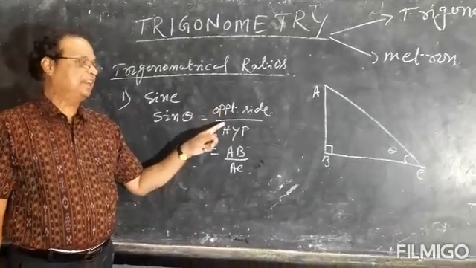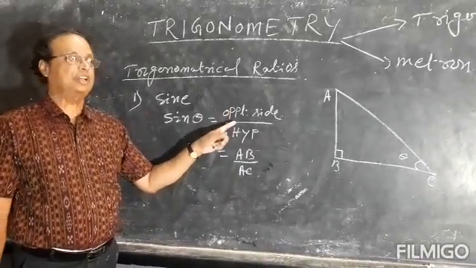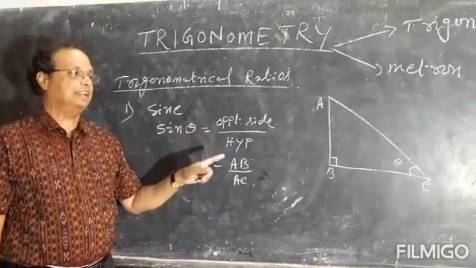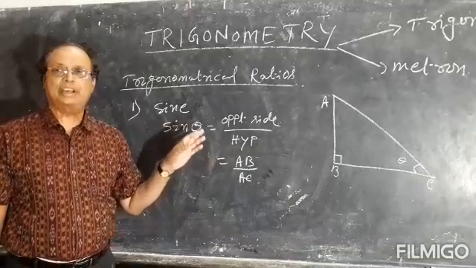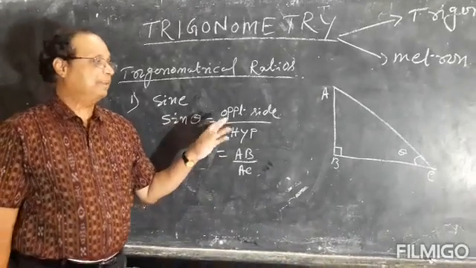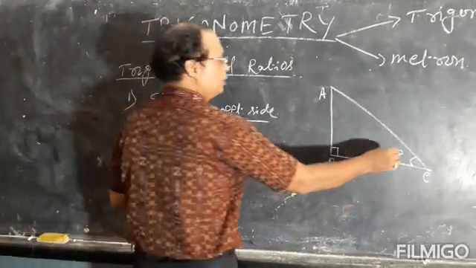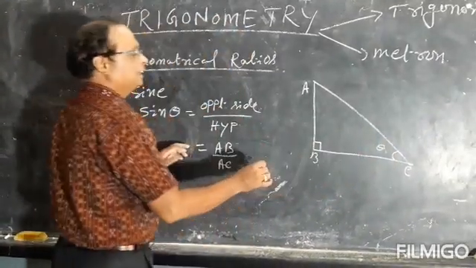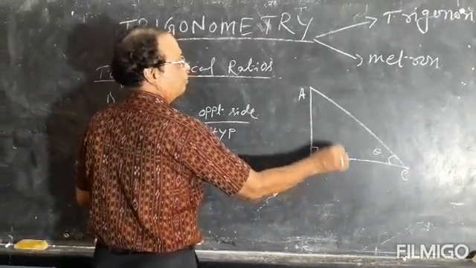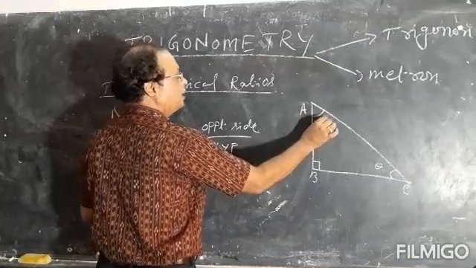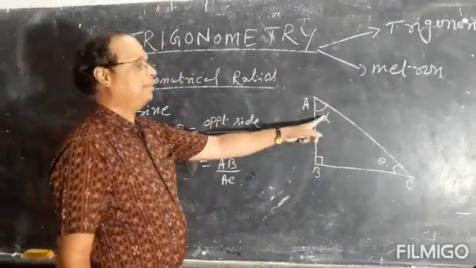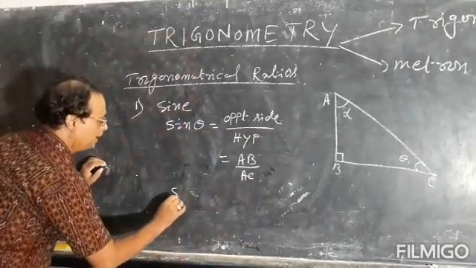In some of the books it is given, and some of your tutors may also teach you, perpendicular by hypotenuse. Children, don't remember perpendicular and base because it will change. If you are finding the sine of this angle, AB is perpendicular, BC is base. But if you want to find the sine of this other angle, say this is alpha, now sine of alpha when you find,